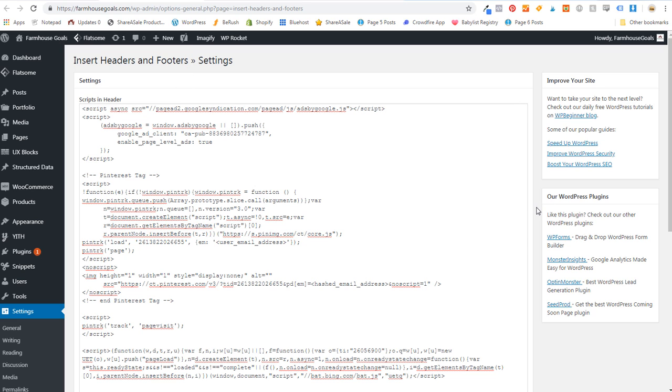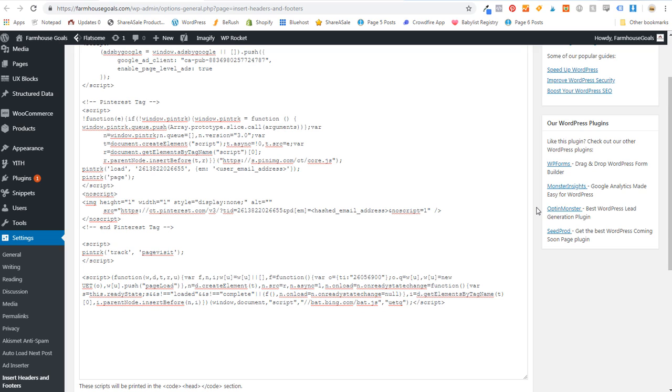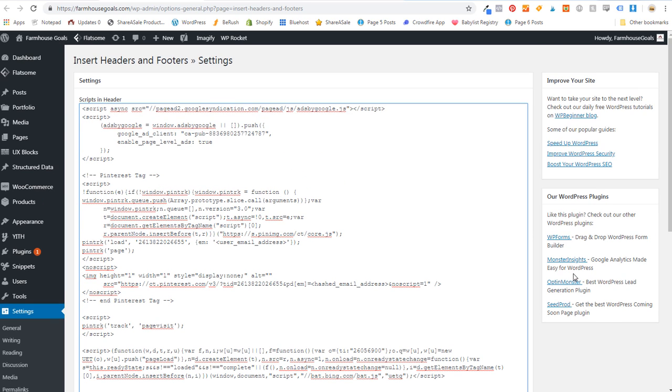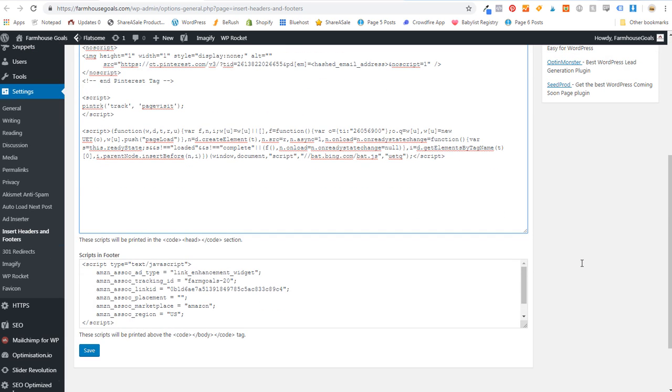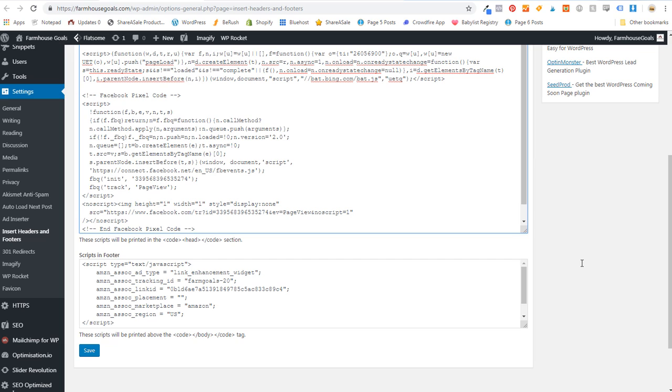So even if you're updating the theme of your website or any of the different plugins on your website, it won't change any of the tags that you've already put on your website. So we can just come right here and you can see scripts in header. We can scroll down a little bit and we can copy and paste it right there. It's really that simple. And this is what you can use with pretty much any type of website that you're